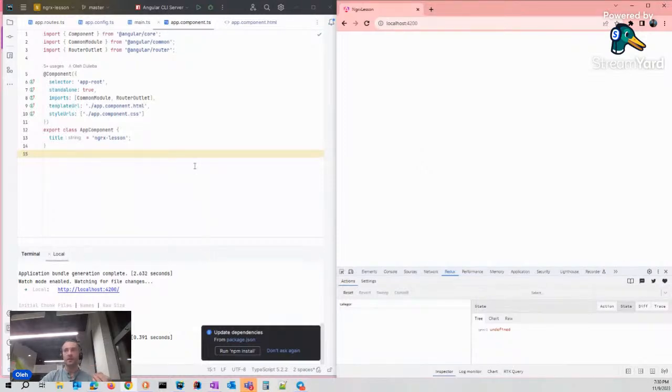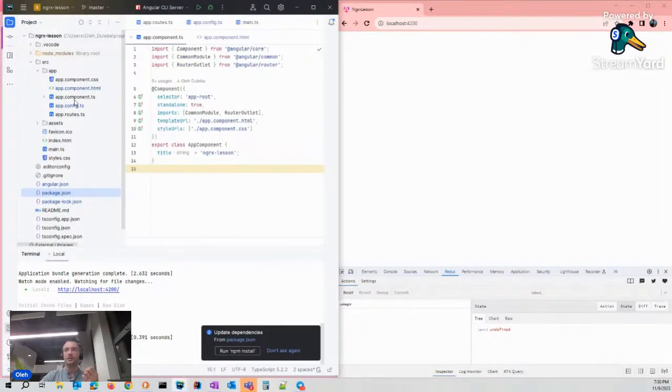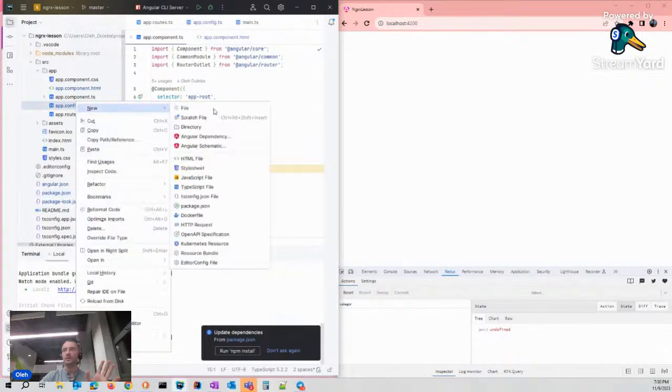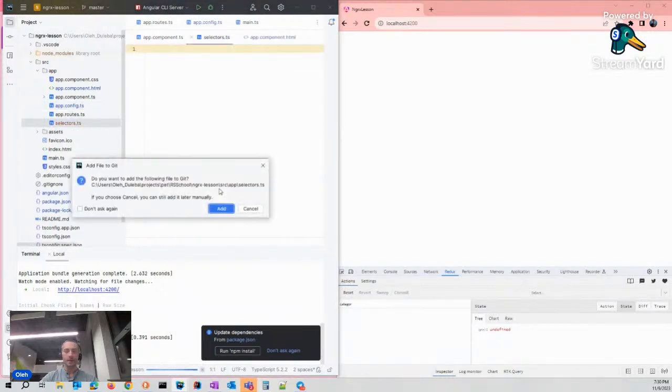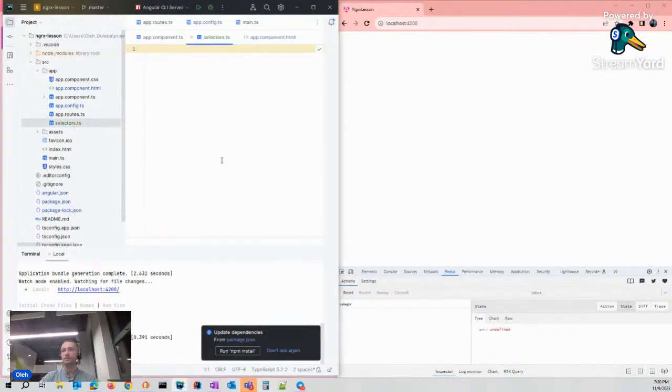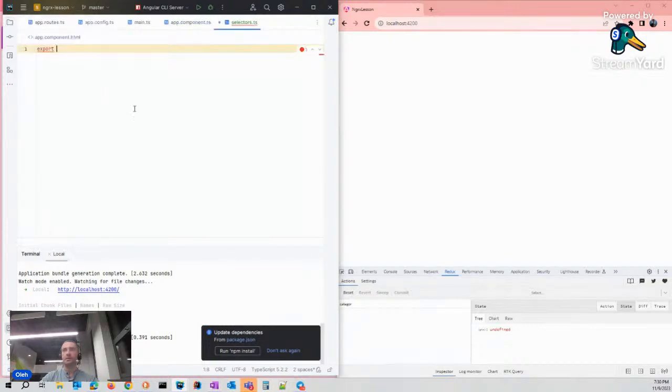To retrieve information from the store, we have to create the selector. Selector is just a function, a pure function. Let's create a new file, selectors. Name it select list.